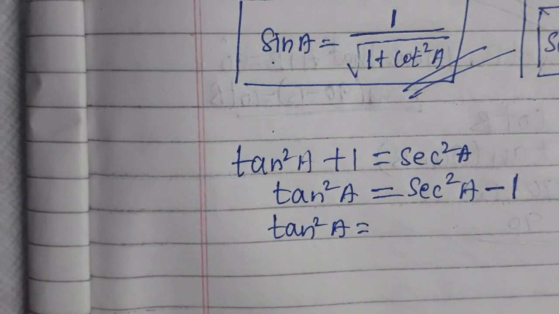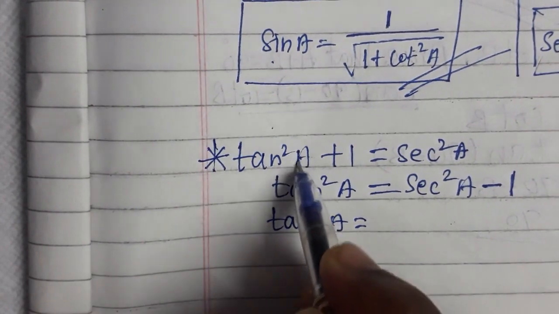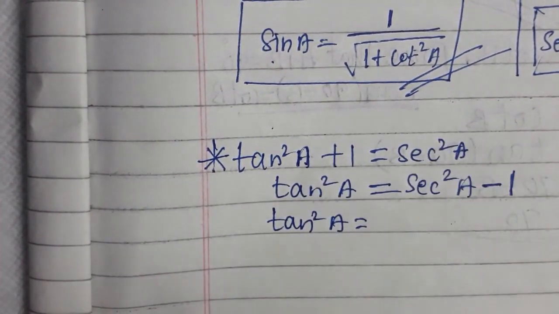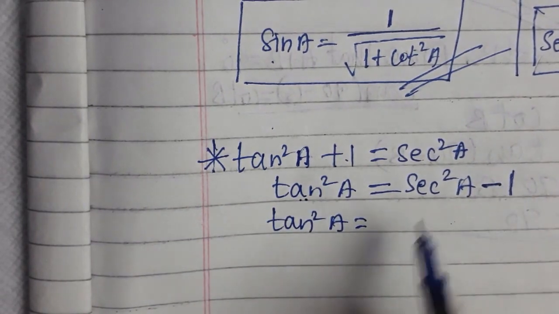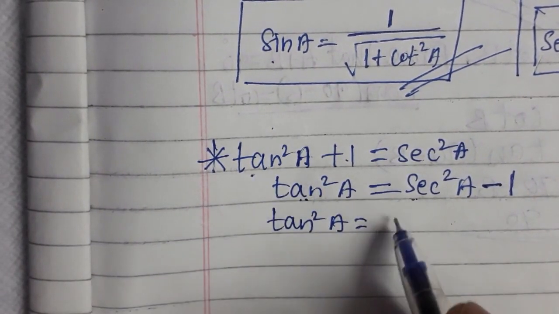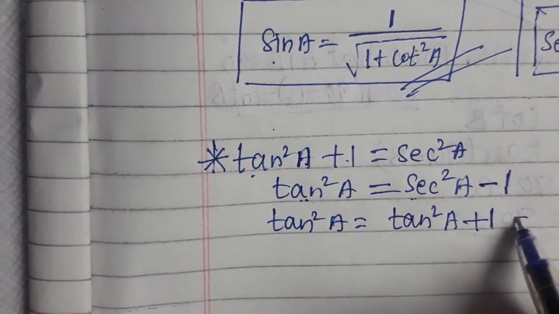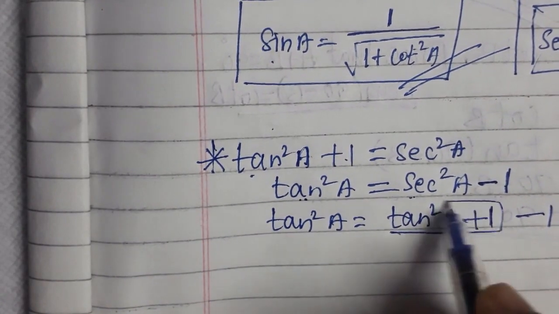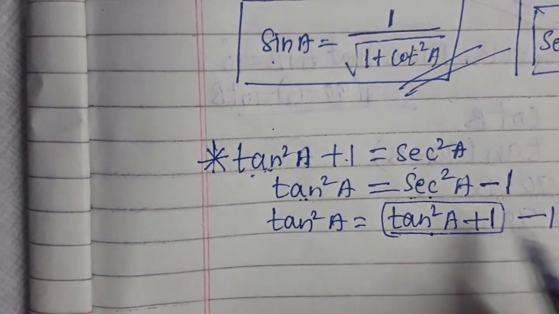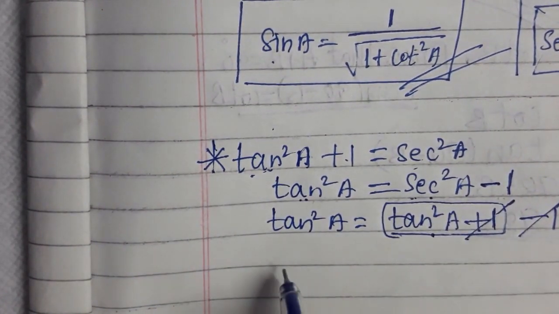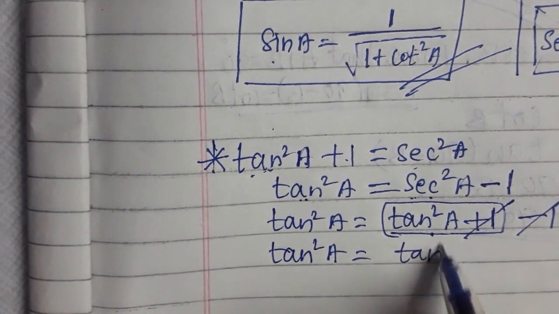To find tan in terms of cot A, I'll select this identity: tan square A plus 1 is equal to secant square A. Now, tan square A, shift 1 because I want to solve for tan. It will become minus 1. Now in place of secant square A, definitely I can write tan square A plus 1. This minus 1 you write as it is. Secant square A means tan square A plus 1, that is what I have substituted. Now plus 1 minus 1 you cancel. What did we get? We got tan square A is equal to tan square A.